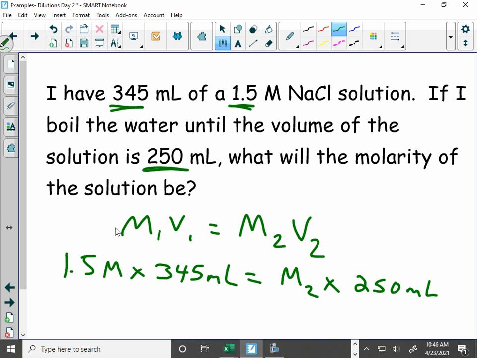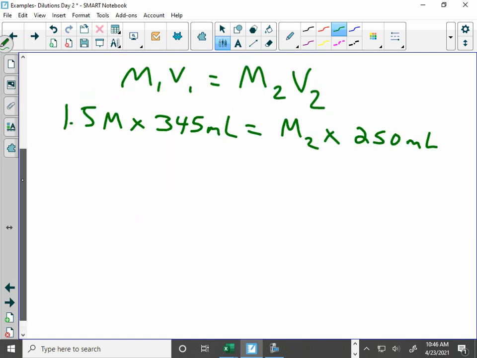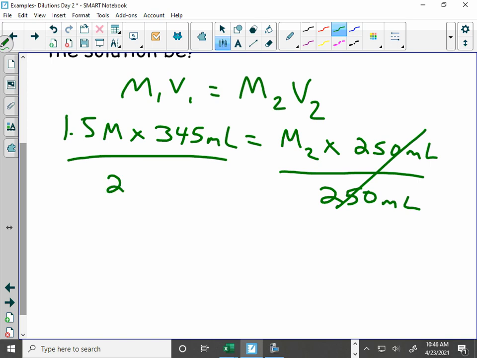Now, before I go on, I'm going to make a mental note that when I look at my values, I have 2 sig figs. That way I don't have to come back up here and look in the equation again. So I'm going to solve this, and I'm going to have 2 sig figs. So what I'm going to do, I'm going to divide both sides by 250 milliliters. I get a cancel here, 250 milliliters. So my M2 is going to be equal to